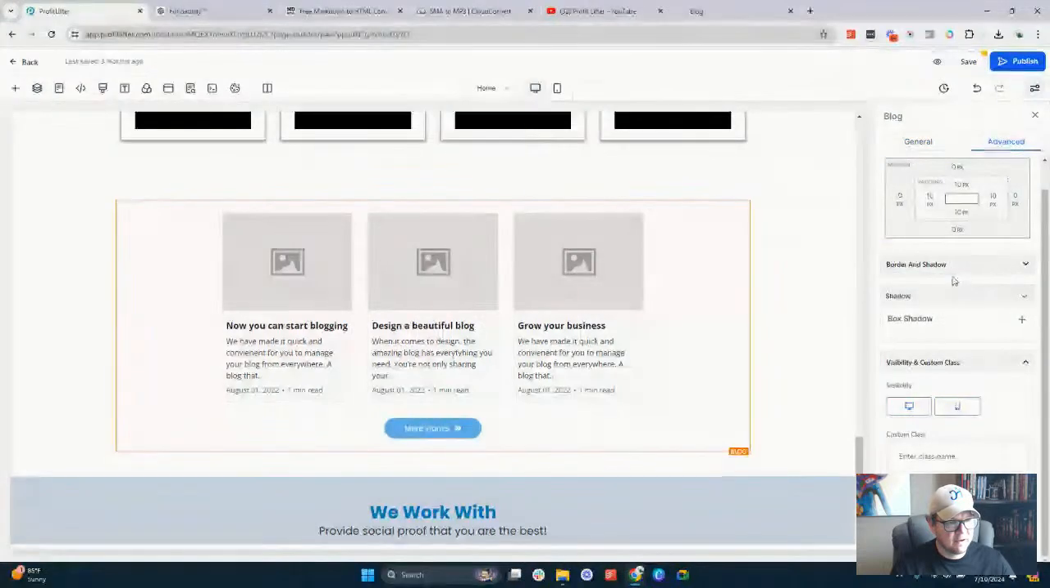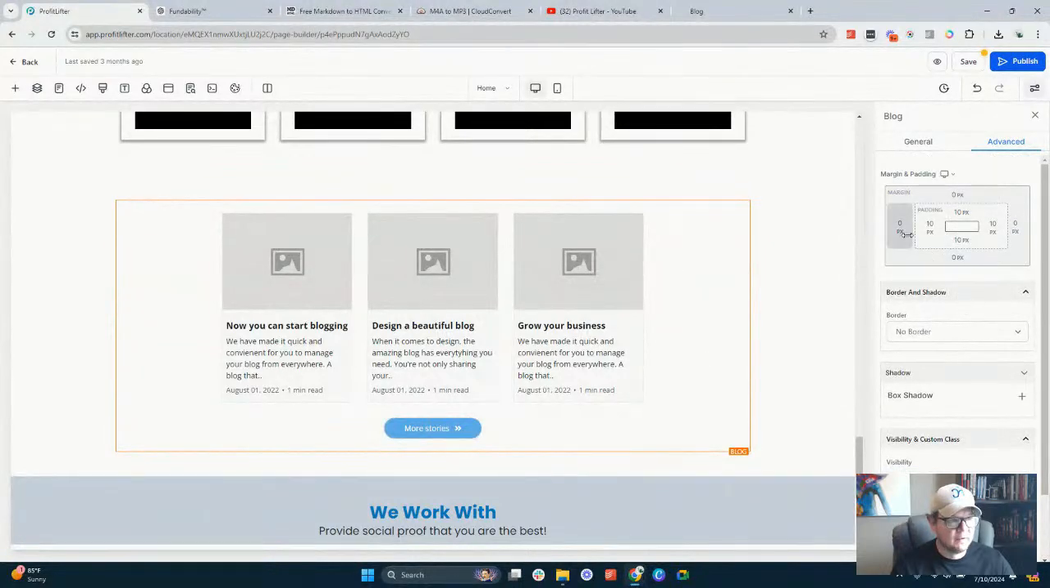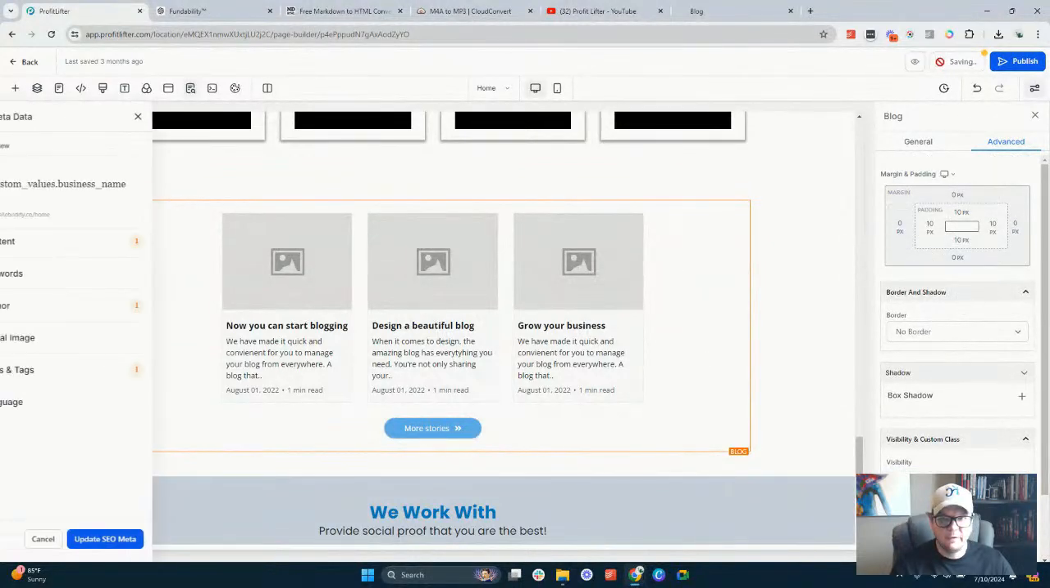Take a look at advanced. Advanced is just borders and shadows, block shadows, padding, margin, all that. So now if we preview it,